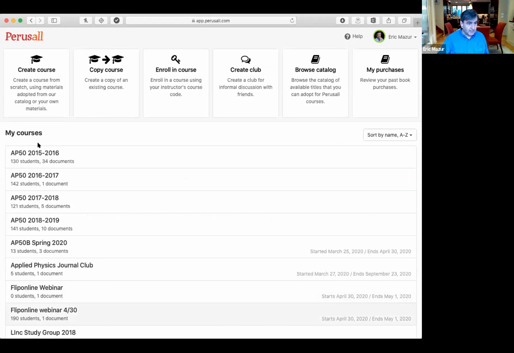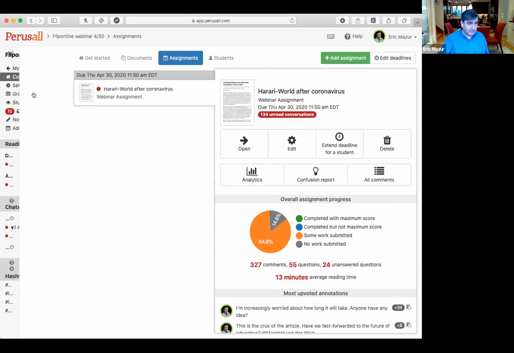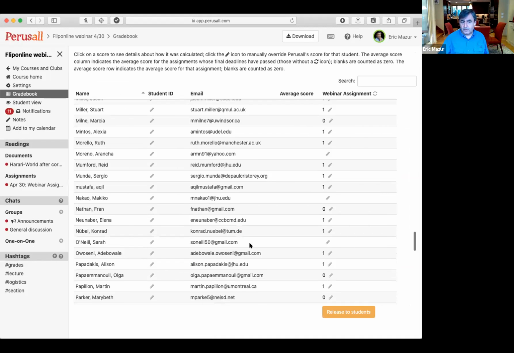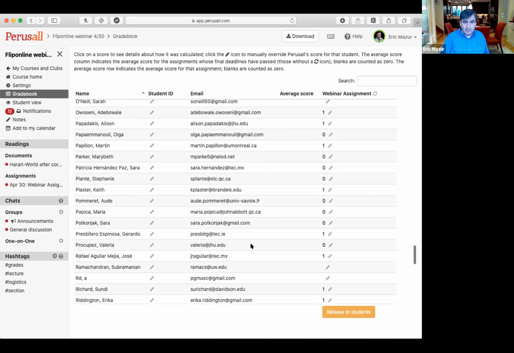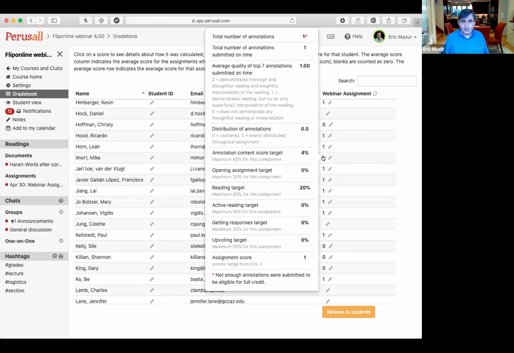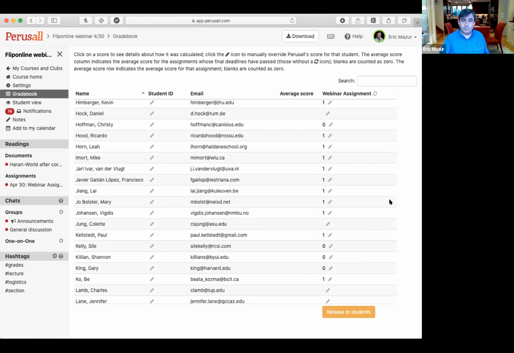But if I go to the course settings and click grade book, immediately I get a complete accounting of the scores for all of you, which, as I said, are still low because there hasn't been real engagement yet. We'd have to be a lot longer. But I can click on anybody's grade and see how many annotations were placed, how many were submitted on time before the deadline, what about the content of it, what about the reading. All of that is immediately fed back and goes straight back into your